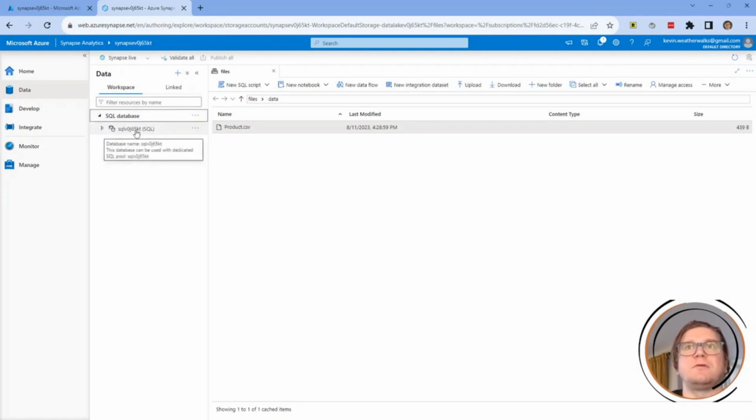And I'm going to go into this SQL database and examine its tables. You'll see that we have tables, external resources, views, programmability, schemas, and security. So when we go into tables,